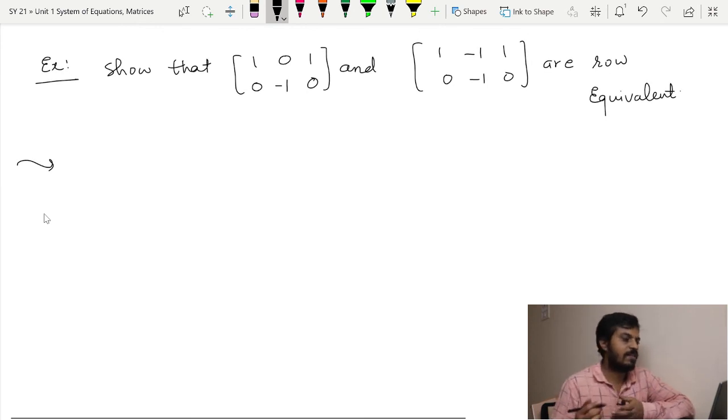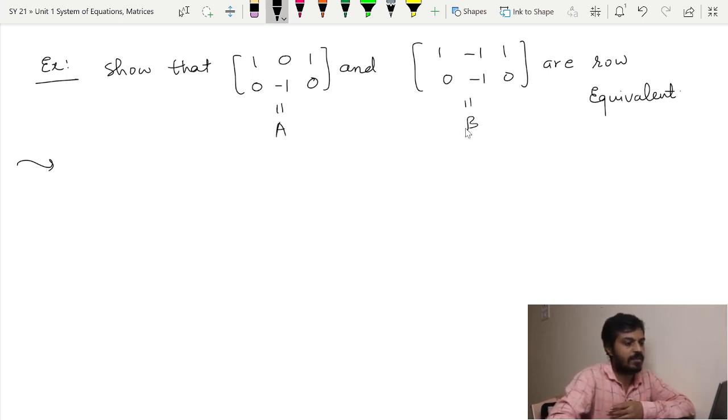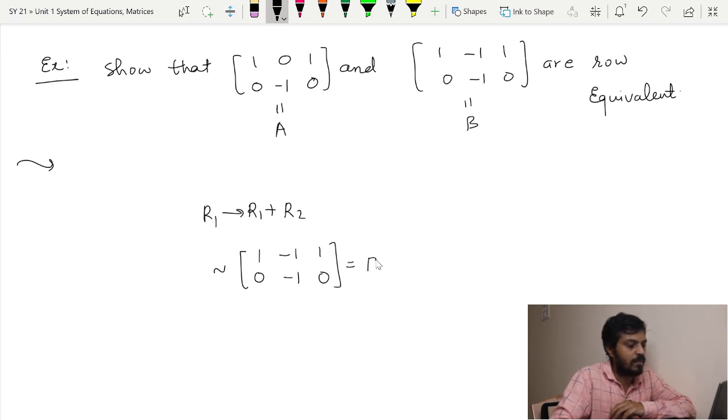now see that in this example we are asked to show that these two matrices are row equivalent. Let us call it some A matrix, and let us call this some B matrix. Can you gauge the elementary row operation that we should perform on A so that we will get the matrix B? If I perform R1 plus R2 on the matrix A, what will I get? The second row will be unchanged, and over here I will get 1 plus 0 which is 1, 0 minus 1 which is minus 1, and 1 plus 0 which is 1, and that is nothing but B, and therefore we can say that these two matrices are